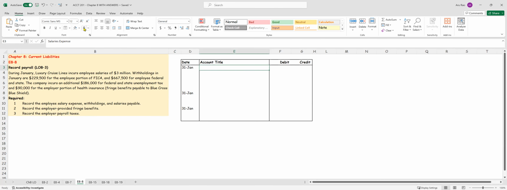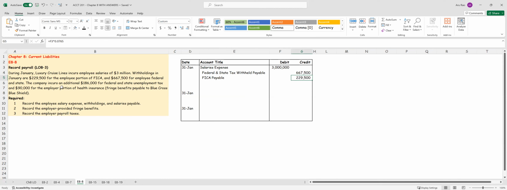So the employee salary is $3 million. That number was given to us. Actually, all numbers are given to us, but salaries expense is $3 million. We are withholding on their behalf, federal and state. The amount we're withholding taxes for them is $667,500. We also withhold FICA taxes, that's the Social Security and Medicare taxes, and that number is given to us